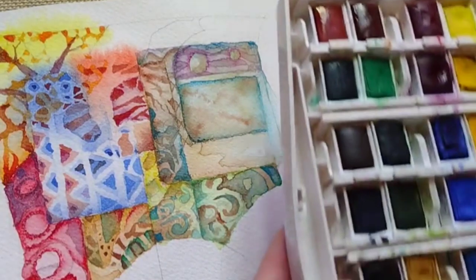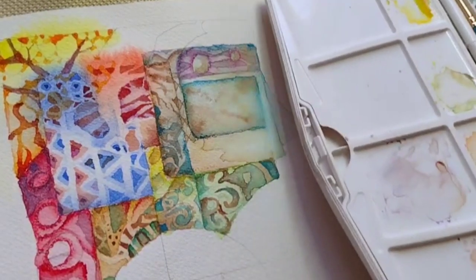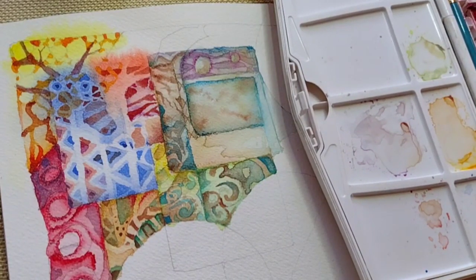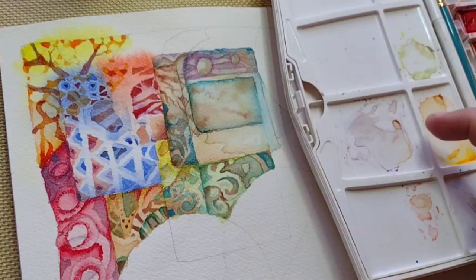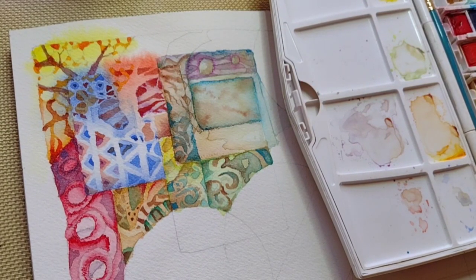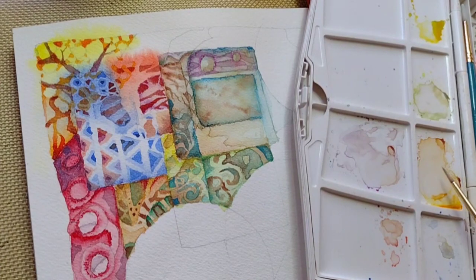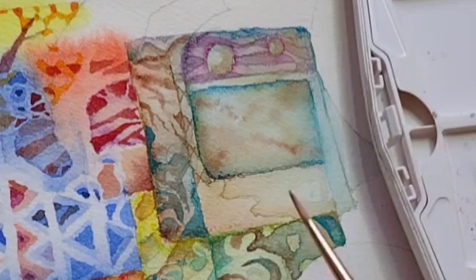So with this, I wanted to employ some old swatches that I like to incorporate in my previous work because it's watercolor, but when you activate it with a little bit of water, you can use it. This is a combination of yellow, orange, and a little bit of yellow ochre and purple. So you activate it,